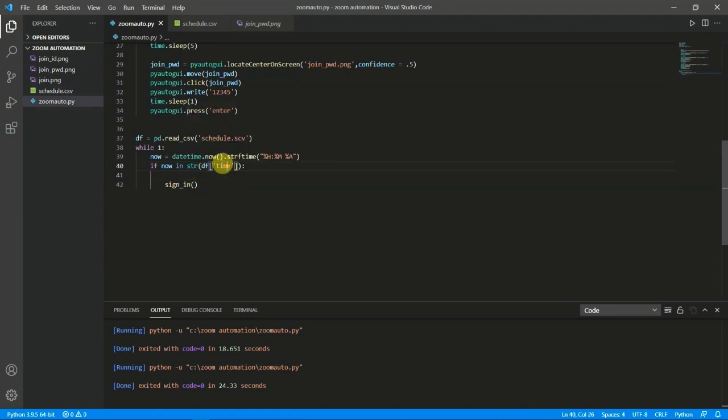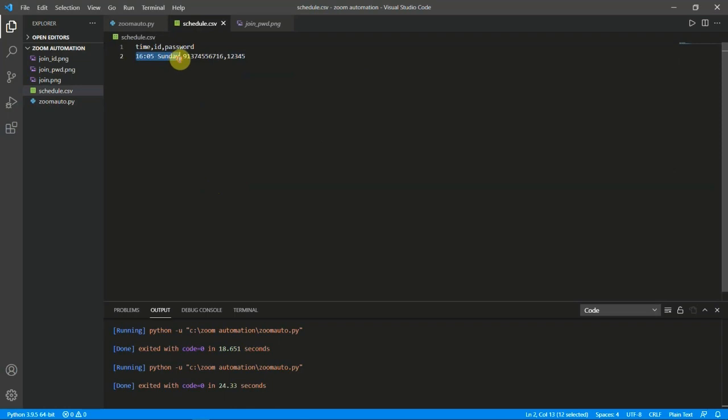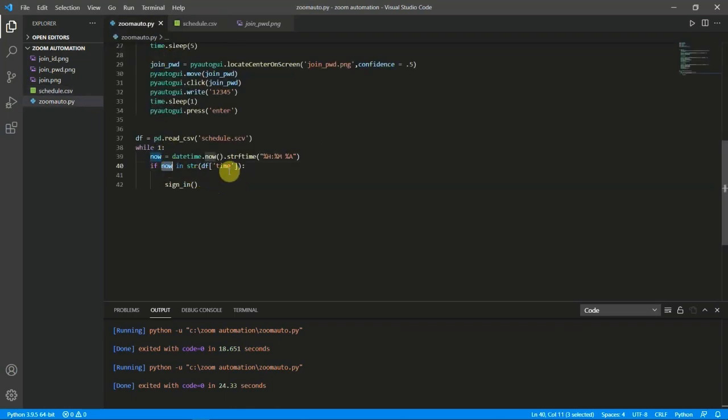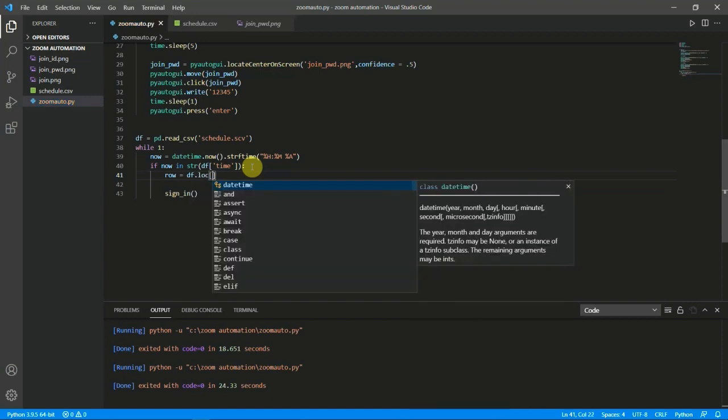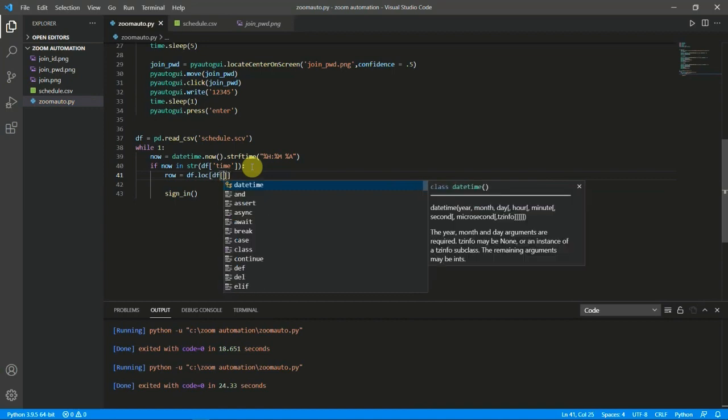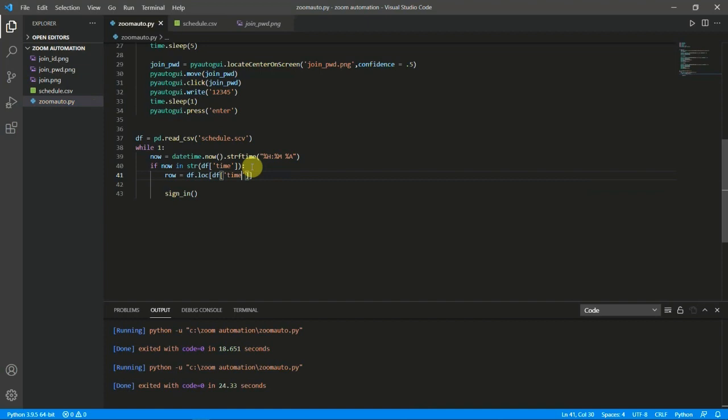We are checking if this time and the current time are in that file. If it is, we will confirm and take the value of the row. We will give row equal to df.loc[df['time'] == now].